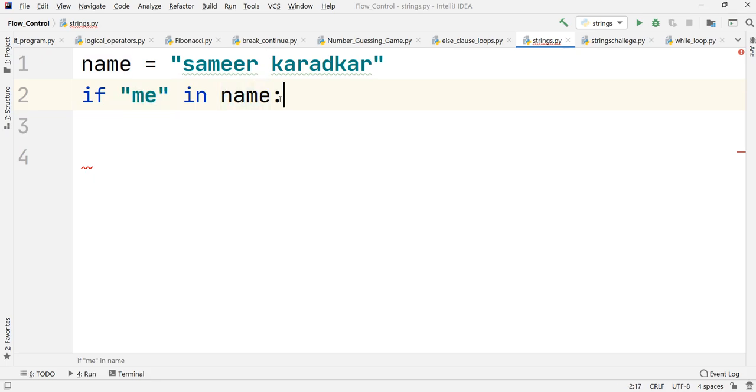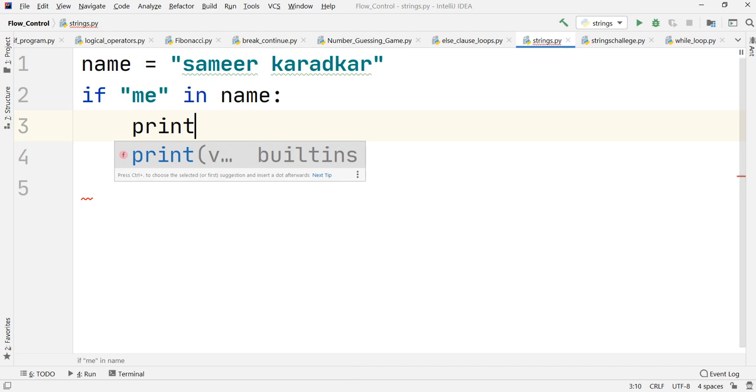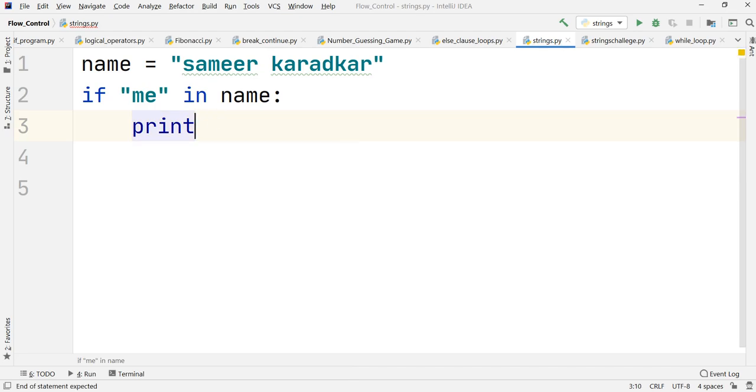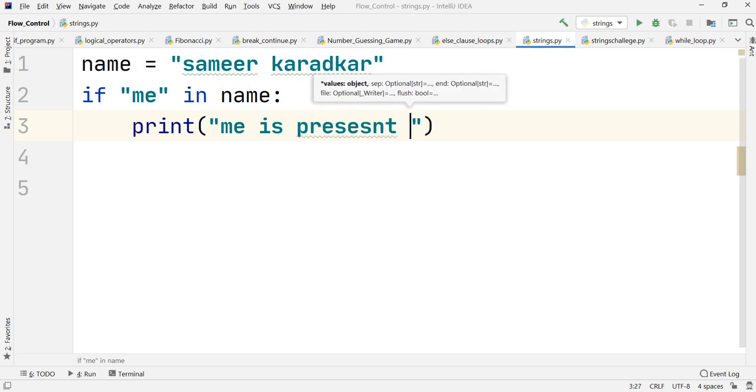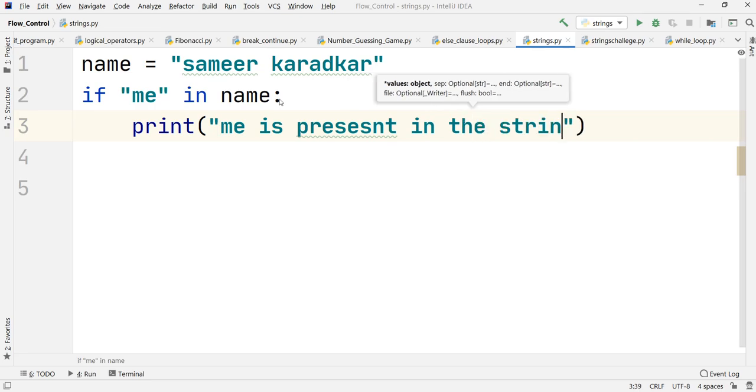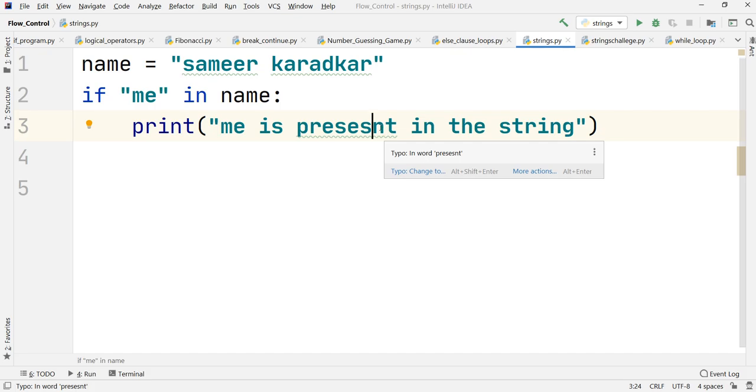If so, I'm going to print, let me just put parenthesis, "me is present in the string". Let us just see whether this works or not. As you can observe, it is also showing the typos over there. So I'll just have to remove this.